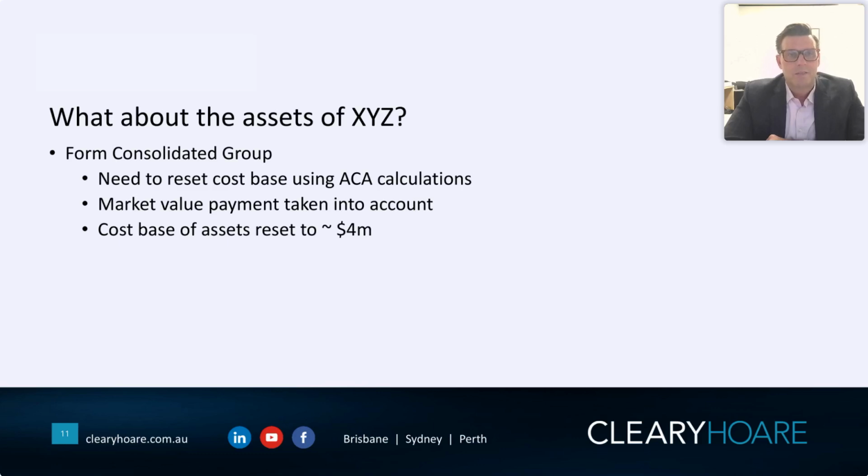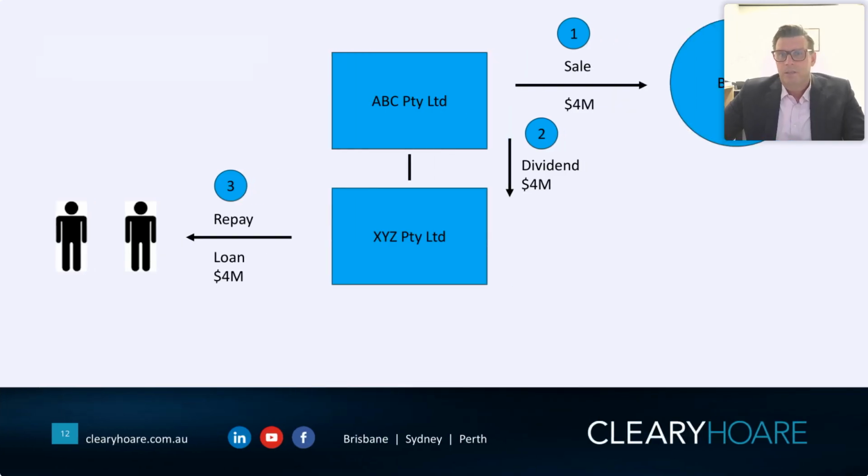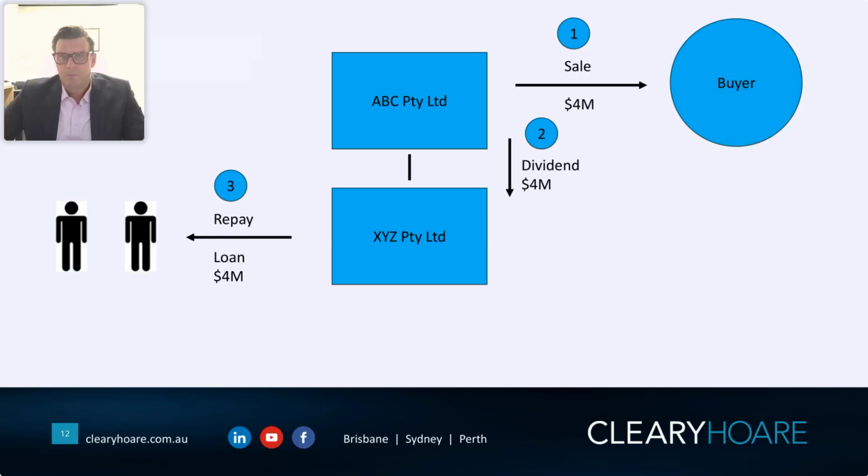So the cost base of the assets in ABC will be reset to $4 million for CGT purposes in our example, or around about the $4 million mark. So if, and I might just move my camera so we can have a better look at this diagram. So say sometime down the track, and again, to make it nice and simple for us lawyers, I'm using the